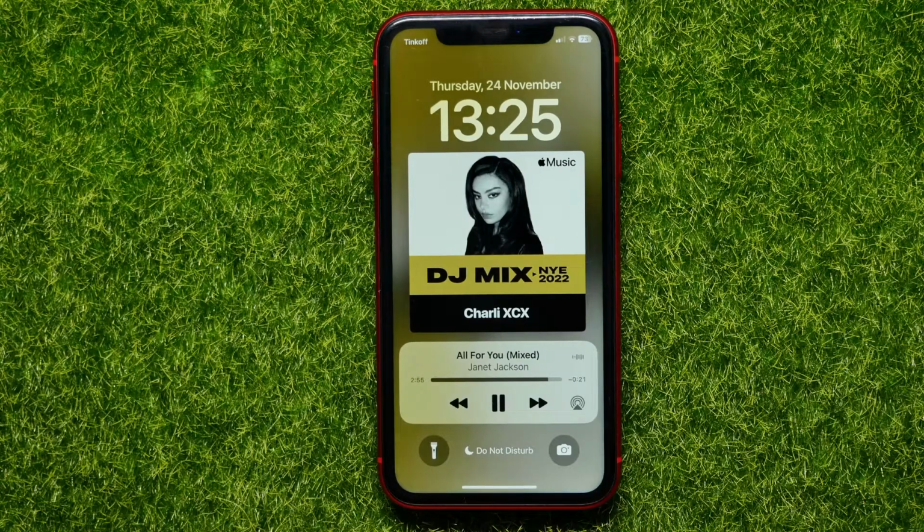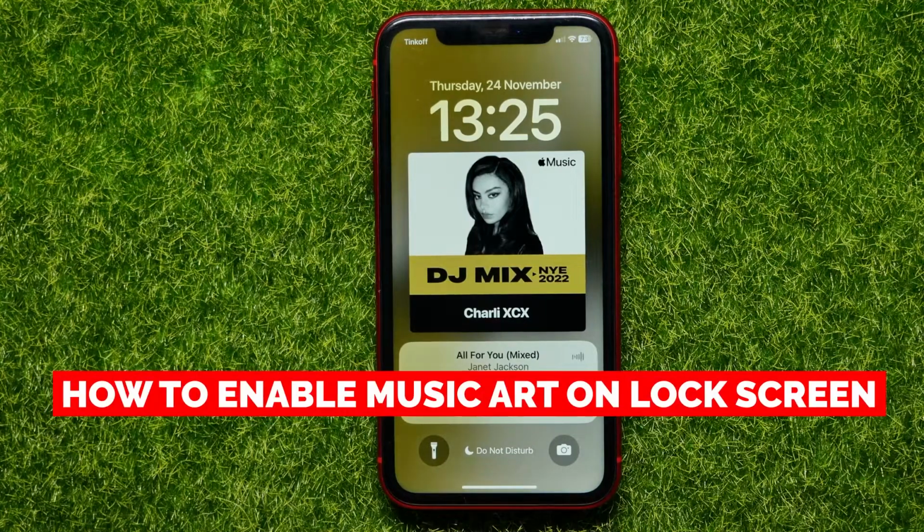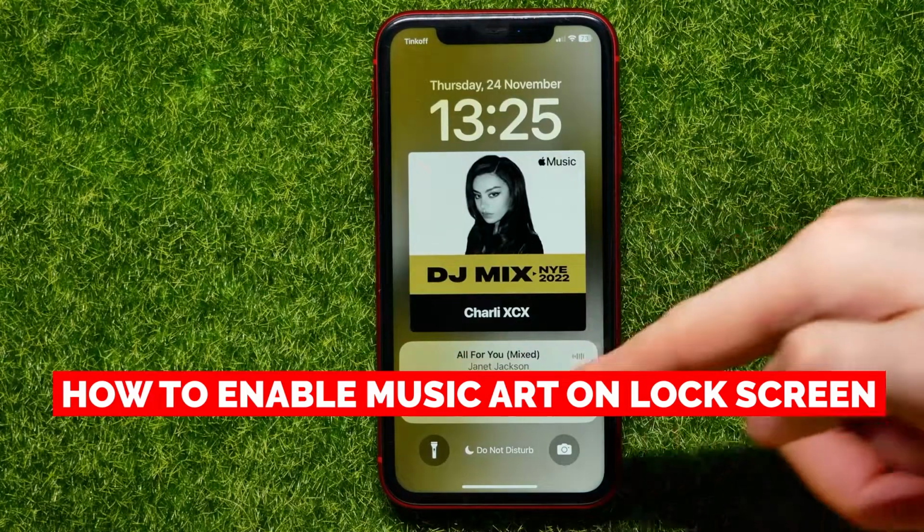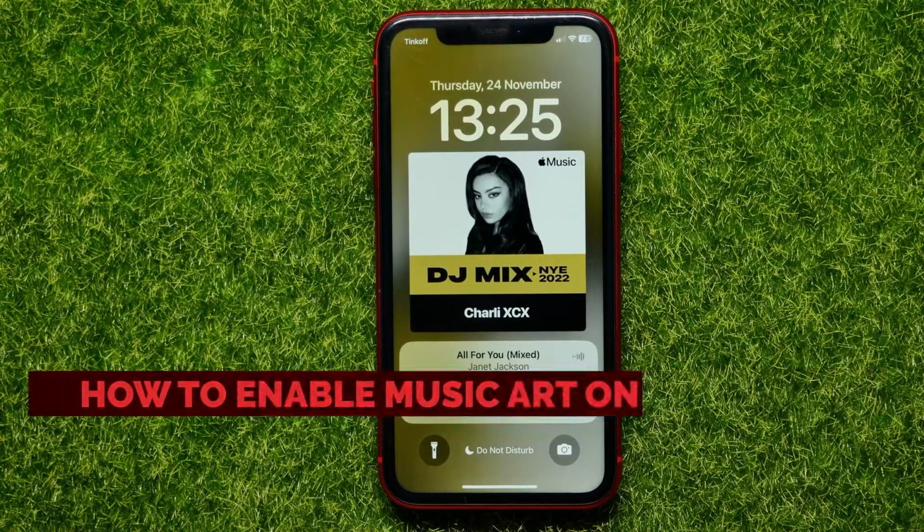Hello guys, welcome back. In this video I will show you how to enable music album art on the lock